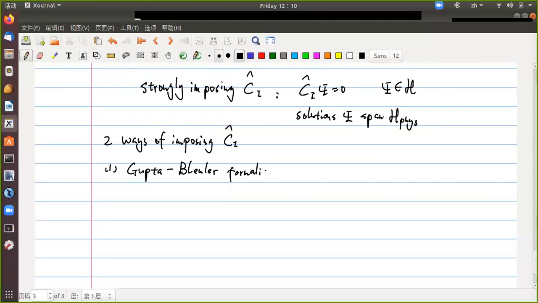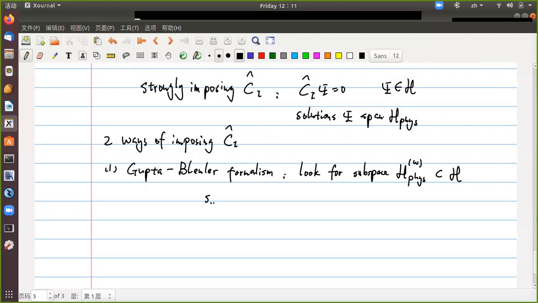So this is a very standard procedure. It is used, for example, in quantizing electromagnetism. So what does this formalism give? We are not really imposing strongly the constraint on the hyperspace, but looking for some weak solutions. Namely, we're looking for a subspace. Again, I call H physics, but I put a W. That means weak solutions inside the original hyperspace,